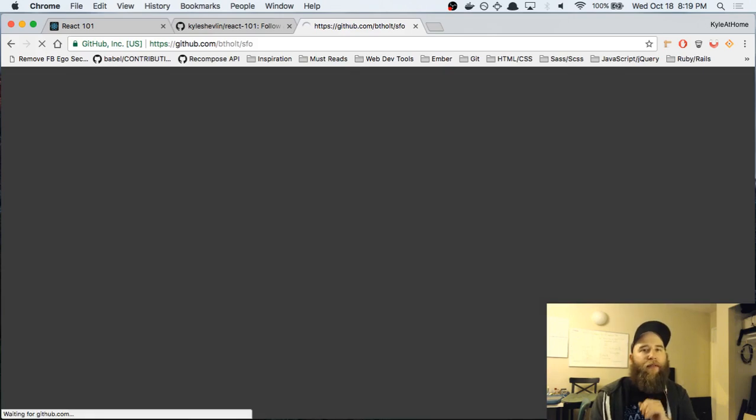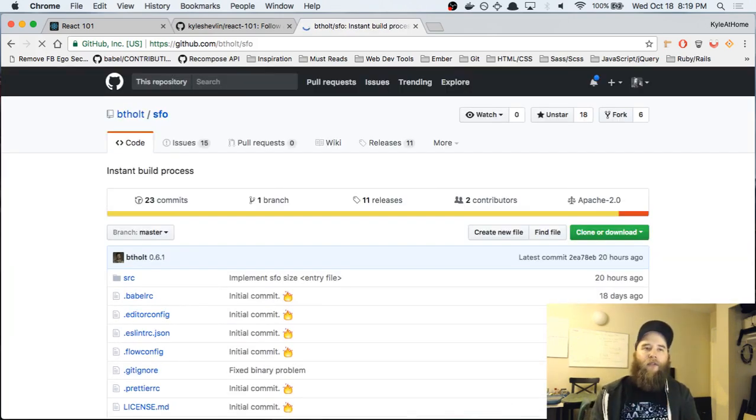That uses NPX. NPX basically allows you to run node scripts or node modules from your command line without needing to be in a node project right now. It fetches the current version, brings it locally, runs it, and just basically allows you to always have an updated version of the package to run your command on.